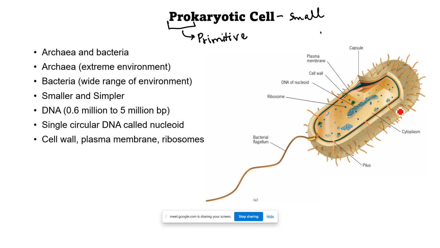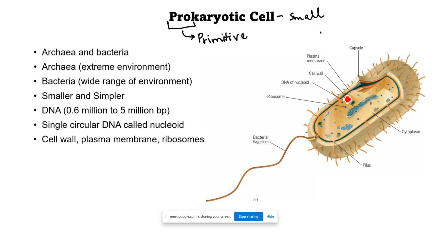So the outer covering, that is what? That is the capsule. The capsule is a structure which is present even outside the cell wall, and this capsule provides the antigenic property to the bacteria, or the pathogenicity of the bacteria arises because of this capsule covering. Then inner to the capsule you have the cell wall, and inner to the cell wall you have